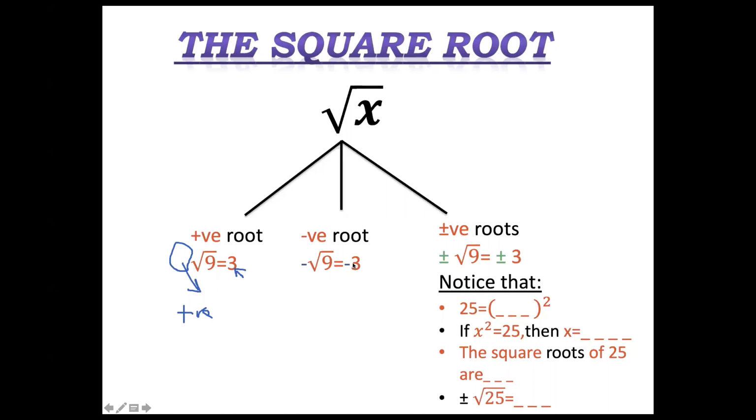What about the next one, the negative root? Negative root means I will have a negative sign before my root. A negative sign before my root means I have a negative sign also in my result. The last probability in the square root of x may be positive or negative roots, when I get the result with positive and negative signs together. You have to know some